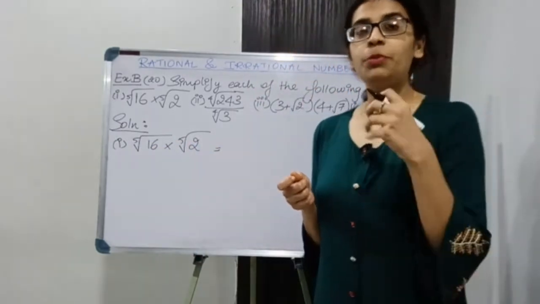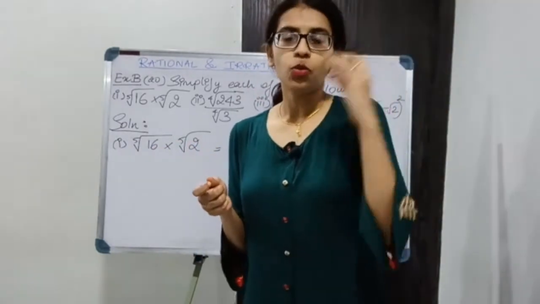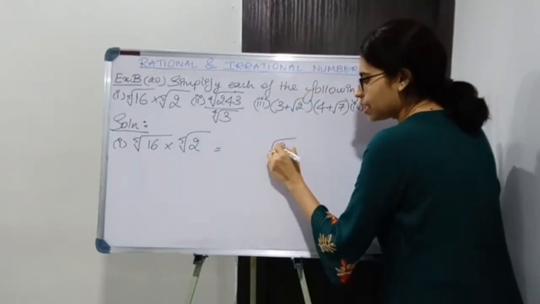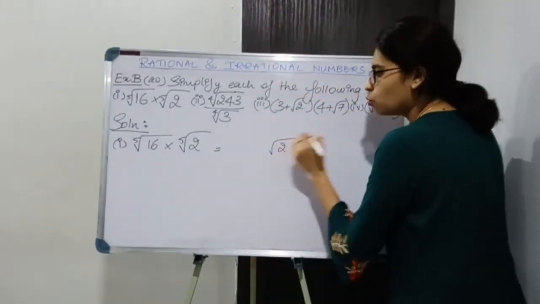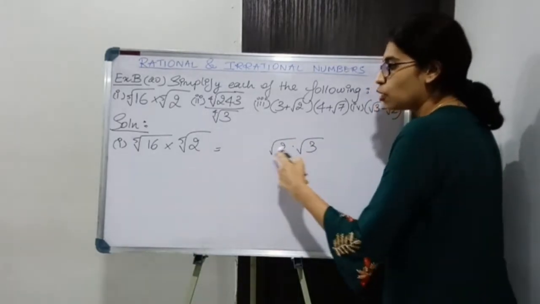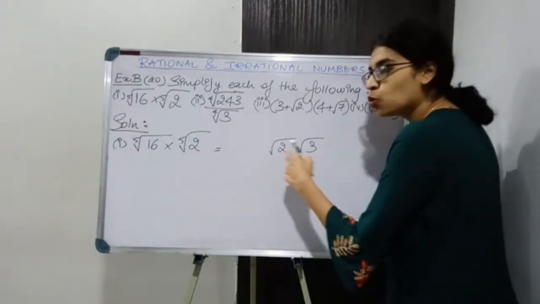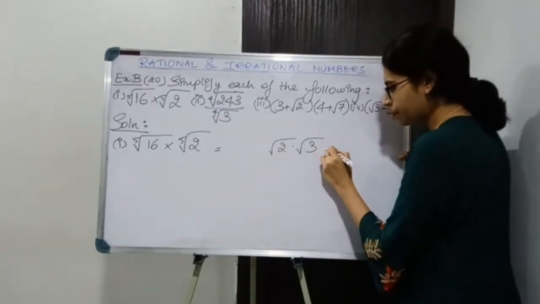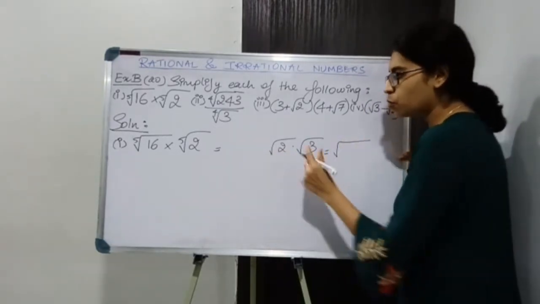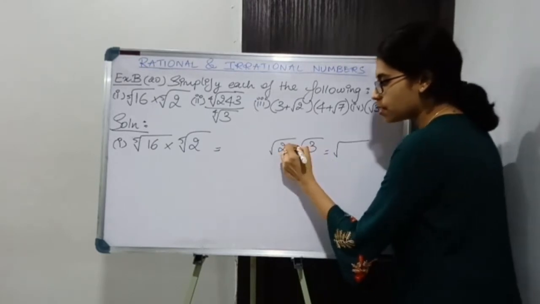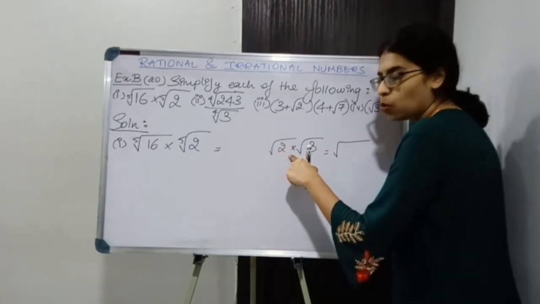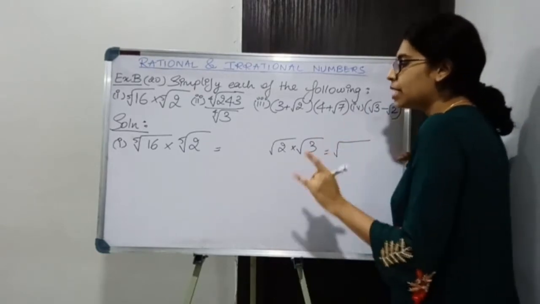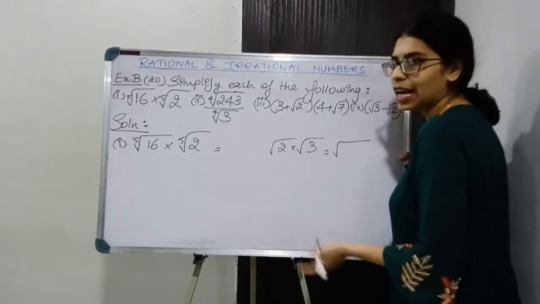Now previous sums में हम लोग ने थोड़ा सा solving किया था, where say we had numbers like these, root 2 into root 3. Now both were square root. जब दोनों root same हो, that is दोनों का power same हो, I can take a common root and then multiply these numbers, provided यहाँ पे multiply sign होना चाहिए. We cannot add them, we cannot subtract them directly, but yes, multiplication and division we can do.